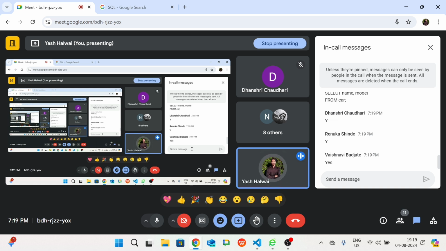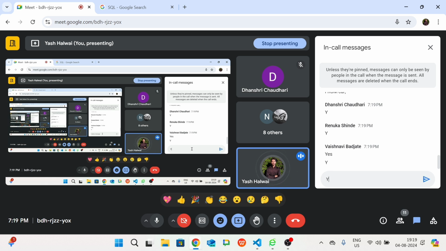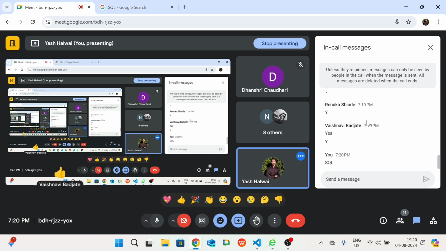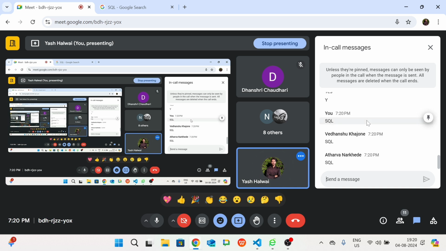The basic working of the application is text to SQL: whatever text we provide, we get the SQL query for it, as well as an explanation with the help of a sample example of the particular input that it generates on its own. I hope the agenda is clear, what the application will be doing. Yes or no? So I can go with the coding part and the setup. Let me know through a comment by typing SQL. Let me know the agenda of the project is clear, so we can begin.